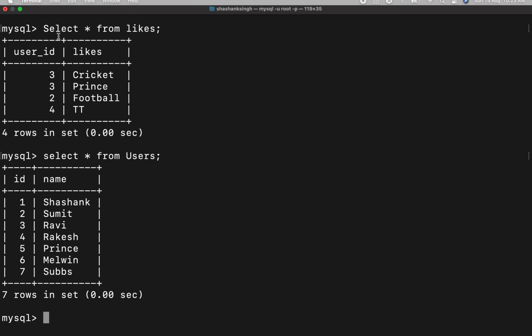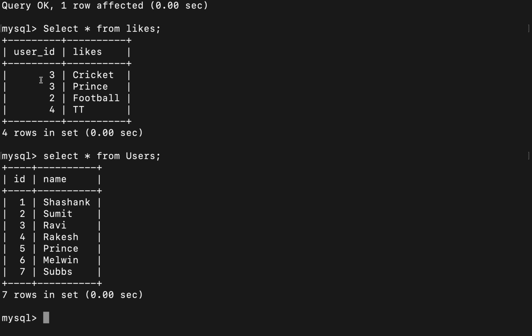So let me establish some relation between these two tables. If I want to make this user ID a foreign key, right? So this will point to the primary key of the other table, in this sense likes. This is the likes table, so I want to keep this user_ID as a foreign key. So this will point to the primary key of the users table, which is ID, right? So let me create it first.